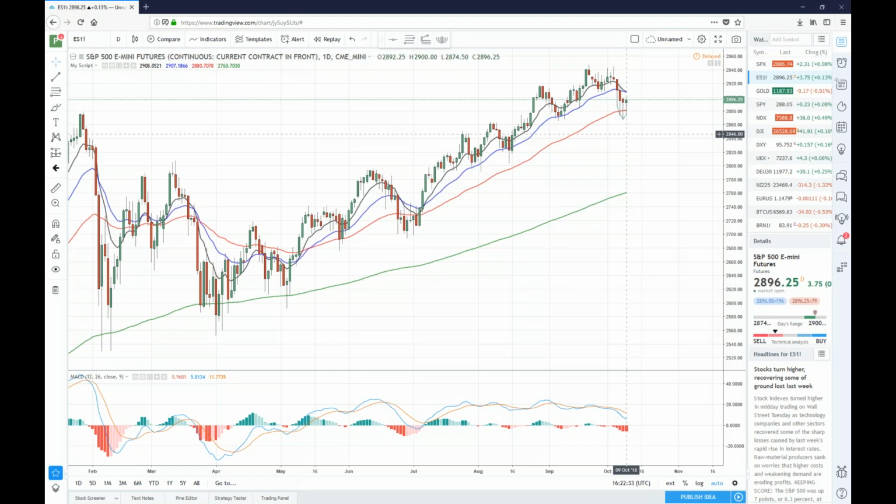Sure enough, things can happen. I don't have a crystal ball. It's just I want to trade what I see, because that's the only thing that I can trade. I can trade my opinions, but those are just my opinions. And I have to trade what the market is giving me. And in this context,